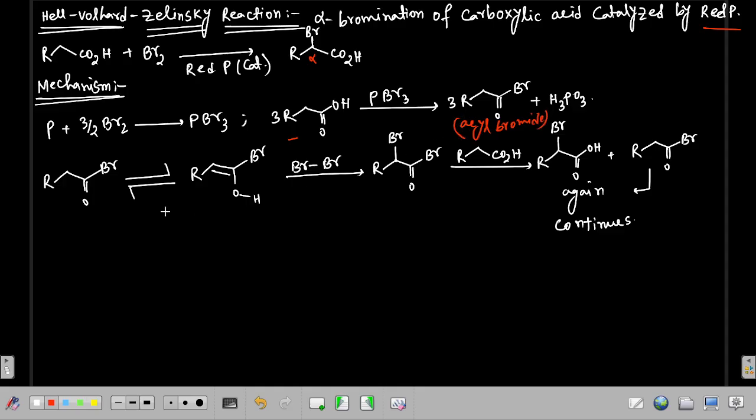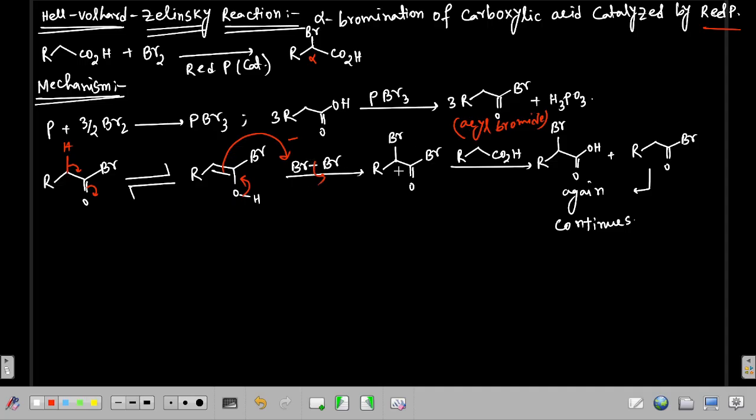This acyl bromide will undergo keto-enol tautomerization to form this enol form, and this enol form will react with the bromine, and it leads to the formation of